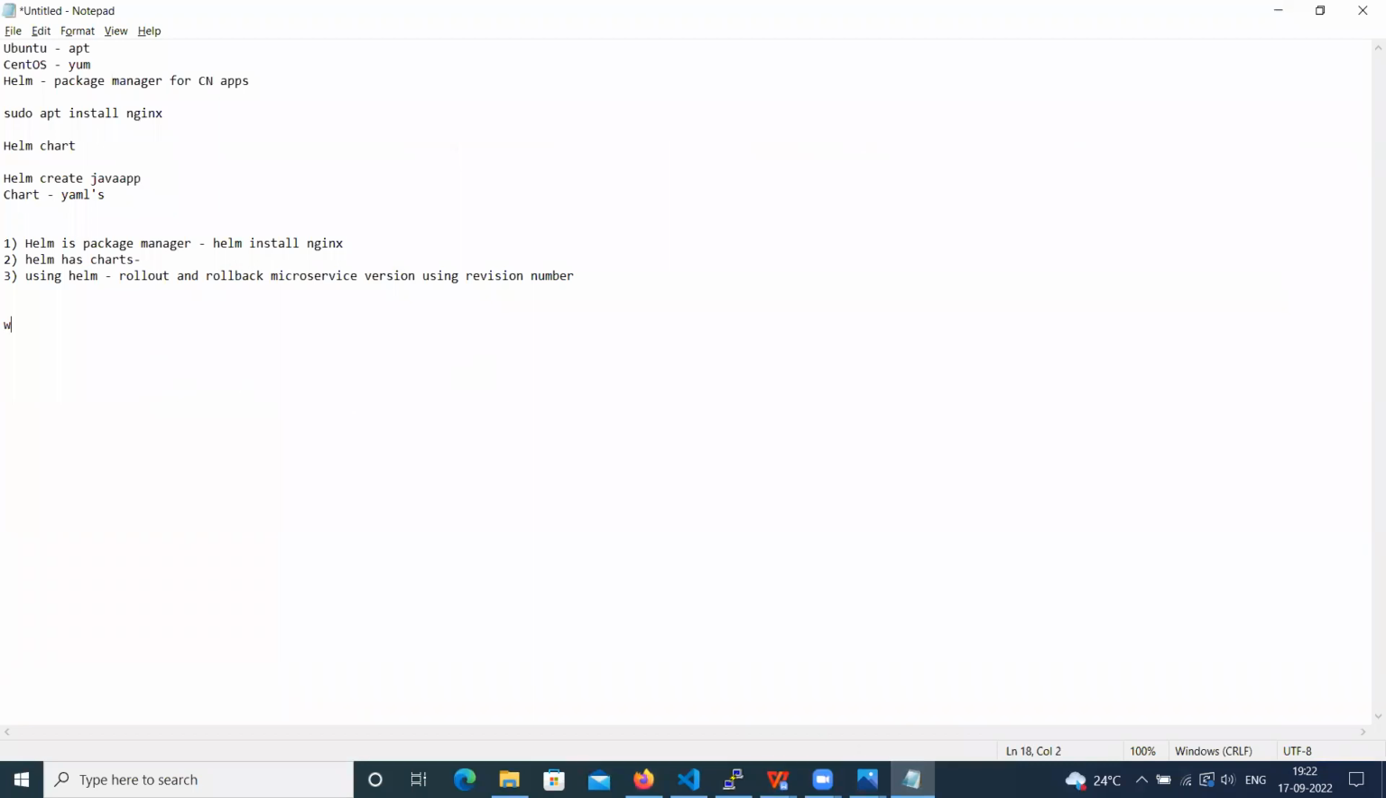Then the next concept is why we need Ingress. Already we have seen Kubernetes has inbuilt service types like NodePort, ClusterIP, then LoadBalancer. So here, for example, if we have 10 microservices and we have to expose them using these service types, then